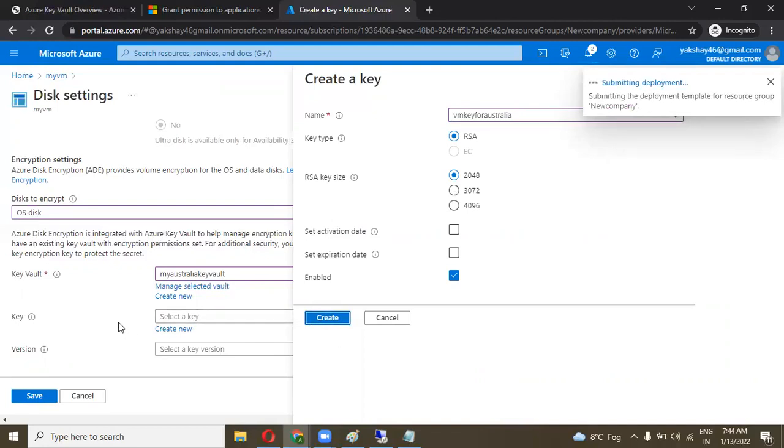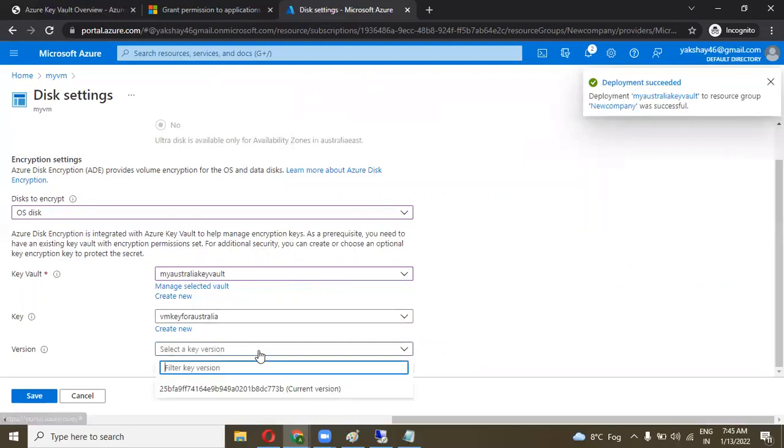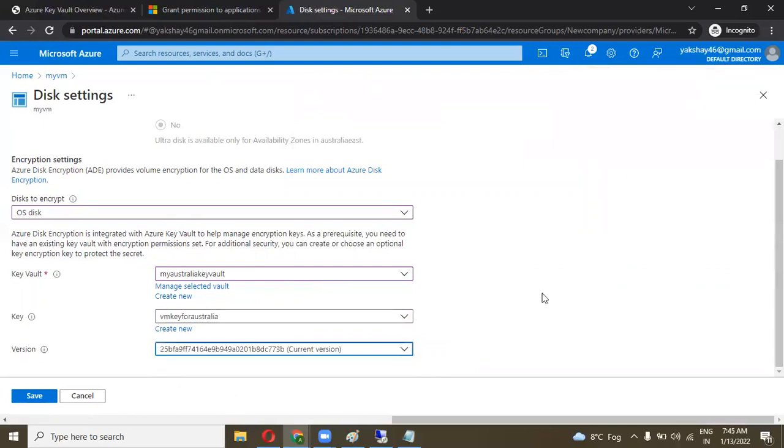Once the deployment is completed, we need to assign a role on the particular key vault. Then we only select the key. So there is something policy change. That's why we need to do this. Now we can select the version number of that key and save this.